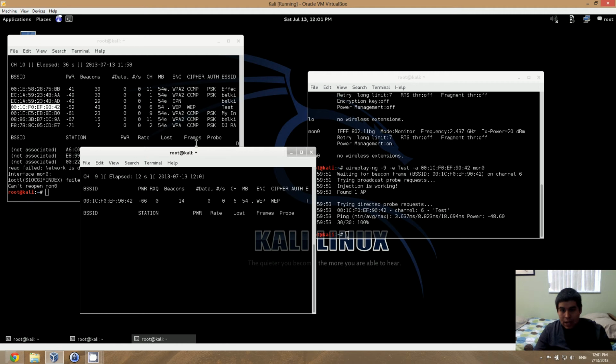So I need to now associate my Alpha Networks adapter. So I am going to go here, and then I'm going to do an aireplay-ng -1, which is fake authentication. I need to fake authenticate to the device. And then 0, which is the reassociation time in seconds,